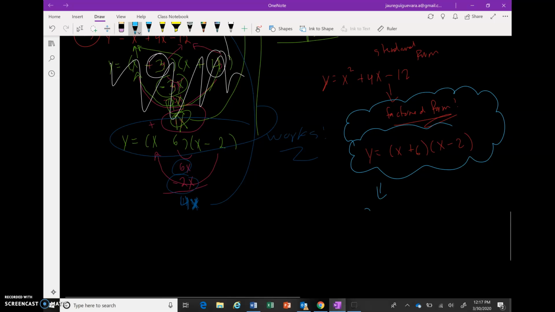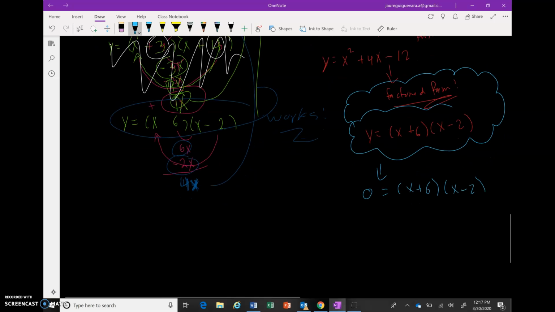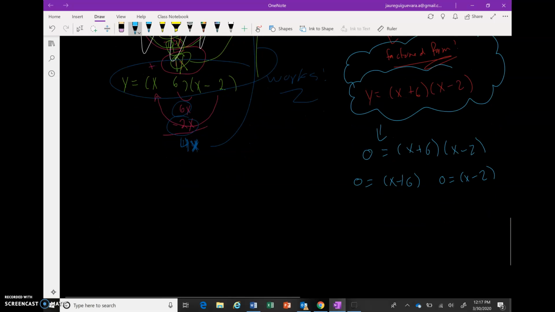Because if you set this equal to 0, guys, and this is just extra, you don't have to know it for this homework assignment, then you can set x plus 6 equal to 0, and you can set x minus 2 equal to 0, and this basically tells you, what is this telling you? Why is this useful, this whole factoring thing? Because you subtract 6 on both sides, and negative 6 is equal